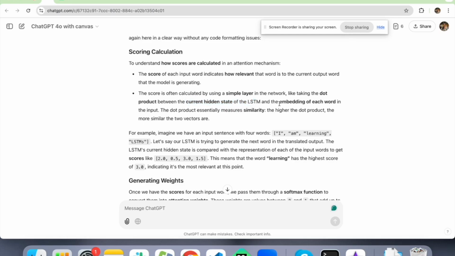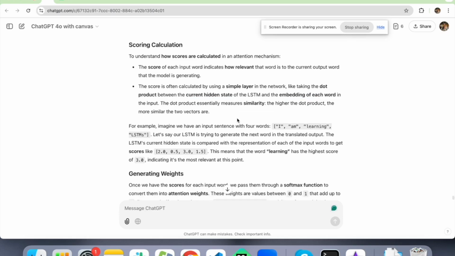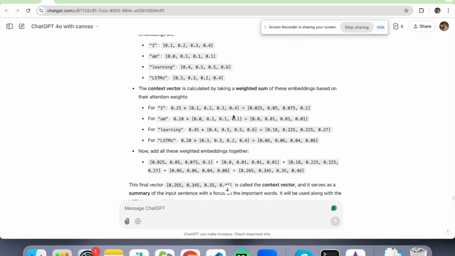So if you remember, yesterday we did embedding before we passed the input. We had an embedding layer before the LSTM layer while we were training the model. So yes, we do a dot product of the current hidden state and the embedding of each word, and the dot product essentially measures similarity. The higher the dot product, the more similar the two vectors are. Okay. For example,